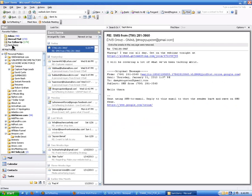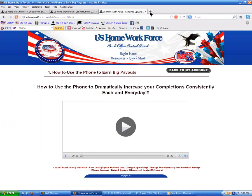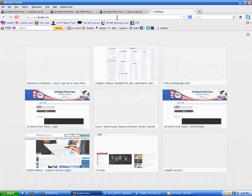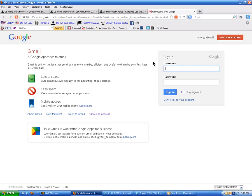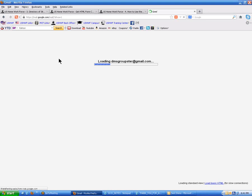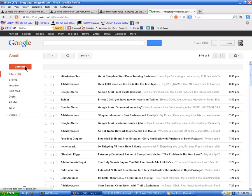So anything that you send to them, you'll have it back here in your sent folder, whether it's on Google Mail or Yahoo, Ymail, Hotmail, whichever email system you're using. If you're using online, same way. You can take that, open up your online email account, start a new mail, come over here, compose a new mail,